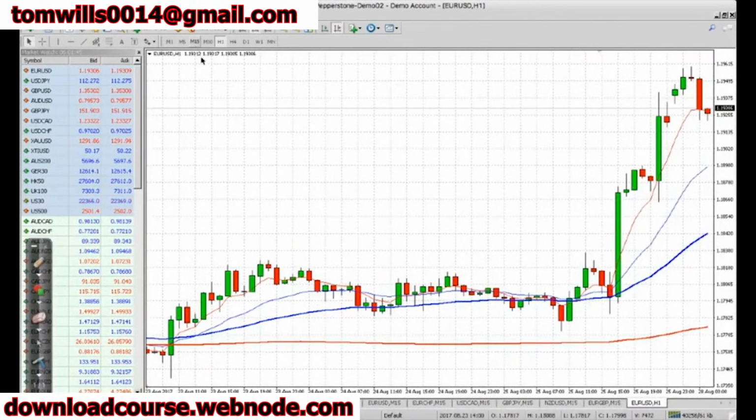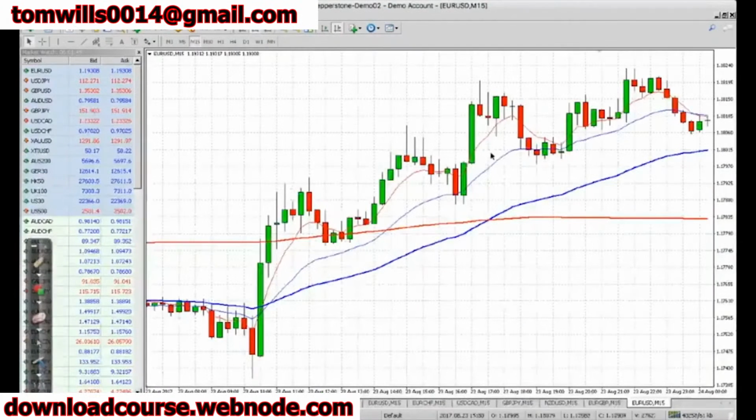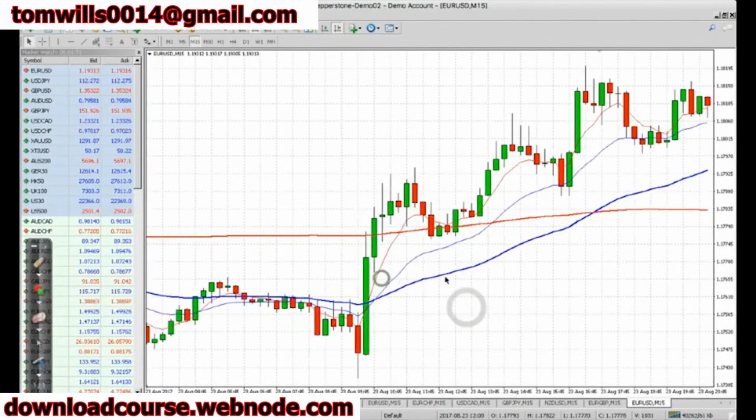Oh yeah, do make sure it is M15. Yeah, sorry, it should be on M15. Right? Works best on 15-minute candles. Yeah. So again,